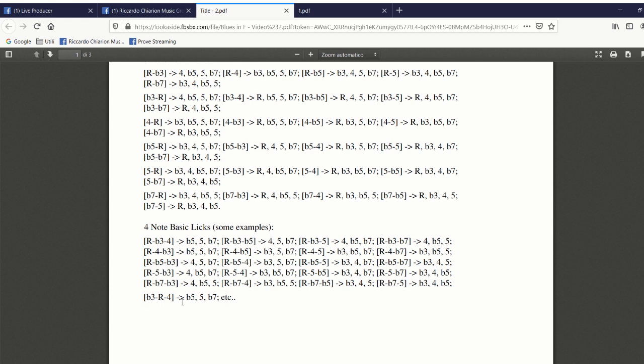And so on. You can write down all of these licks starting from the third, starting from the fourth, and so on. And let's start practicing them,